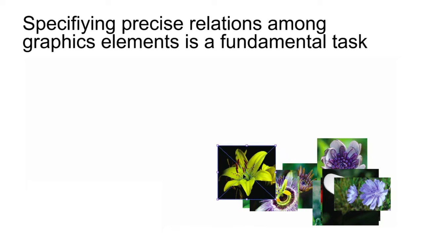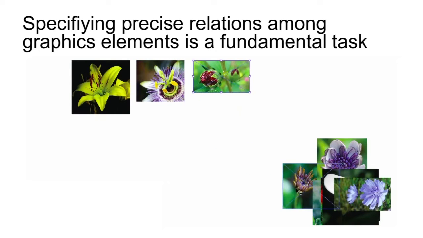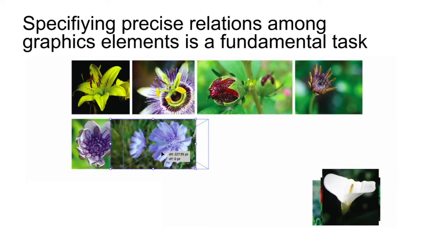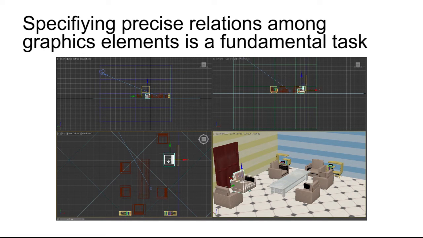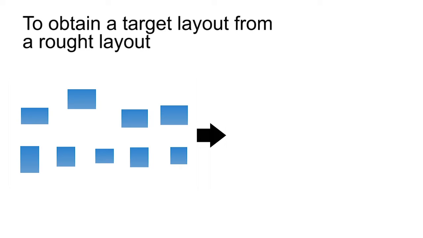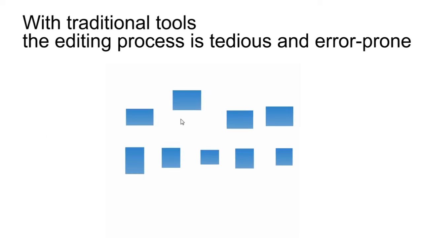Specifying precise relations among graphics elements is a fundamental task. People may align photos to form a collage or arrange 3D elements to create a 3D scene. Given a task of creating a target layout from a rough layout, the editing process is tedious and error-prone with